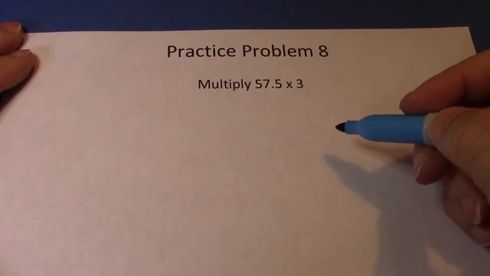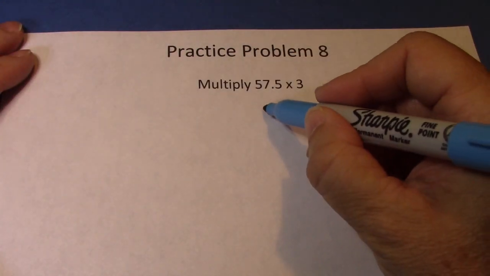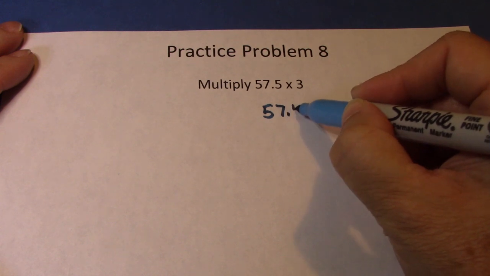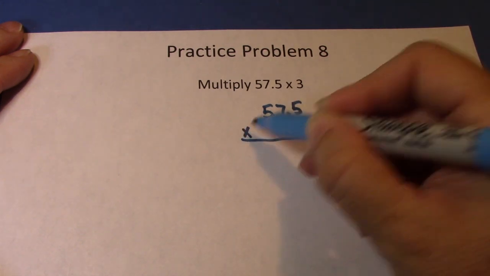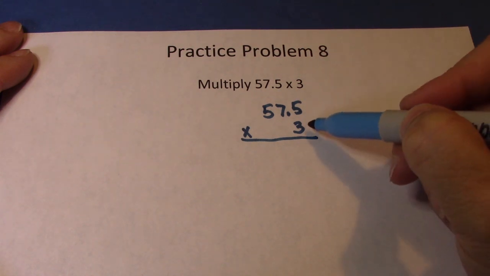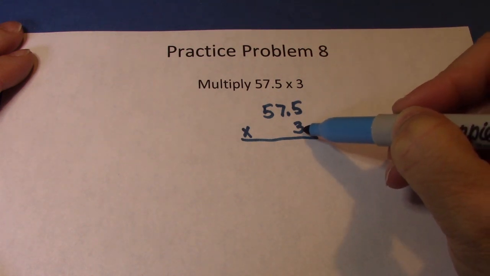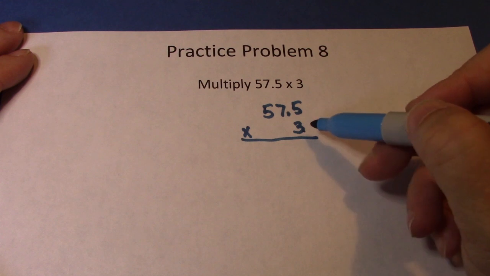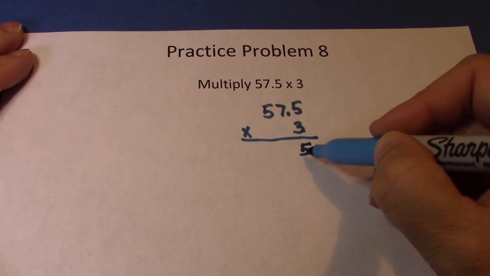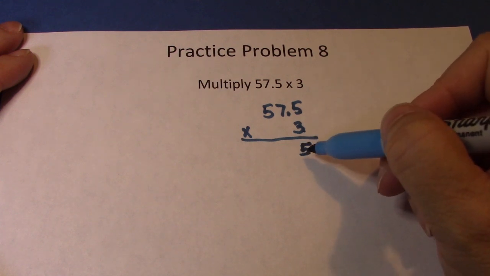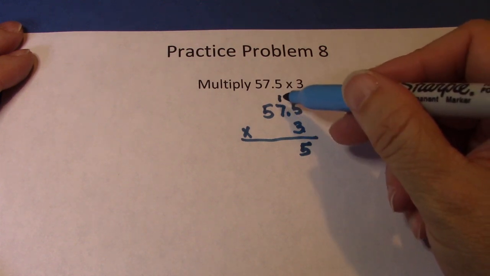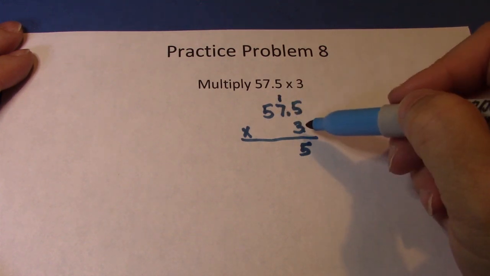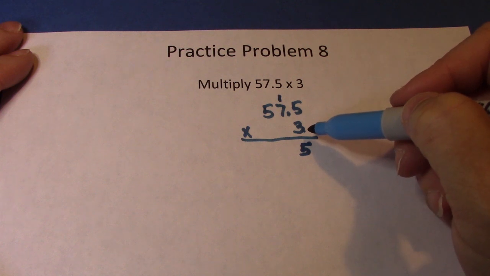Problem 8 is some multiplication. So for multiplication, I don't have to line things up the same way I do in addition and subtraction. So we could just go right ahead and get started. 3 times 5 is 15. The 5 part goes down, the 10 part, and remember 15 was 10 plus 5. There's the 5. There's the 10, because this is 10 times the value of the digit to the other side